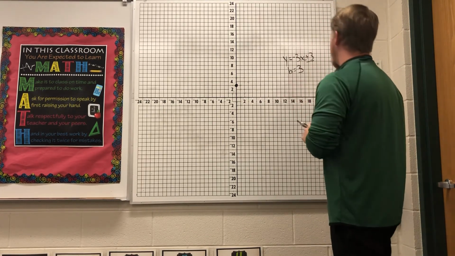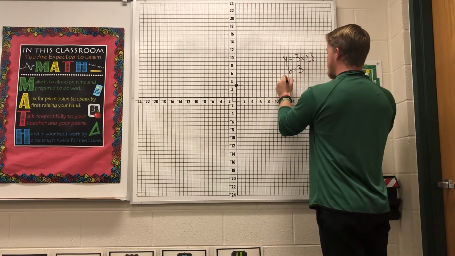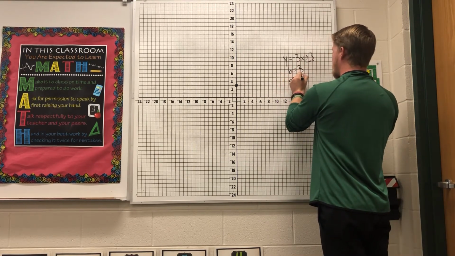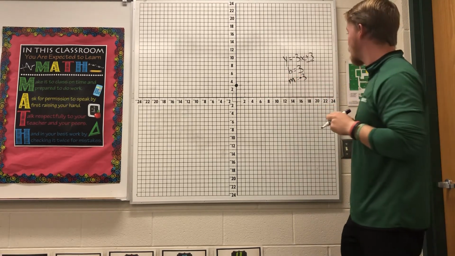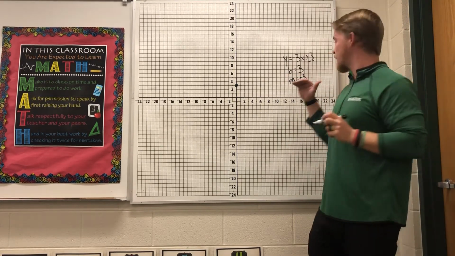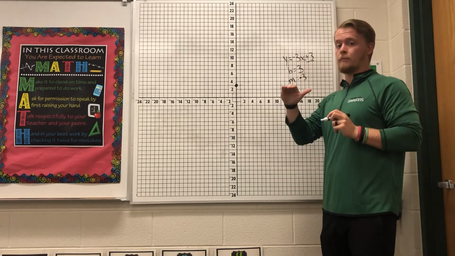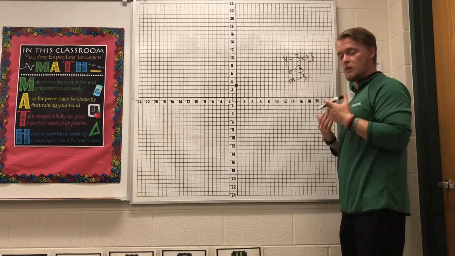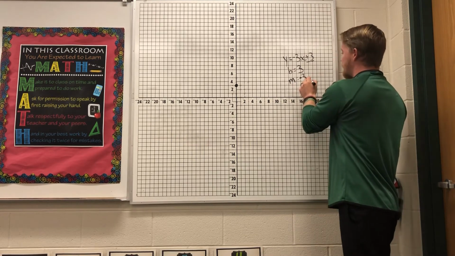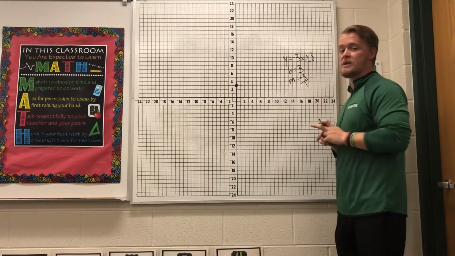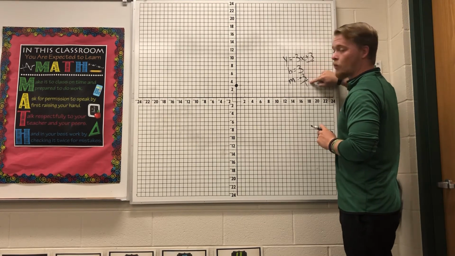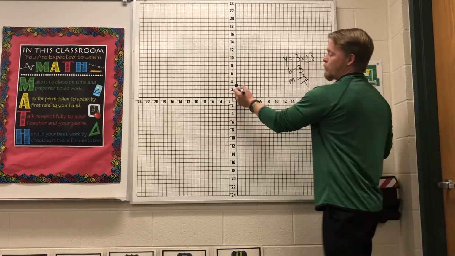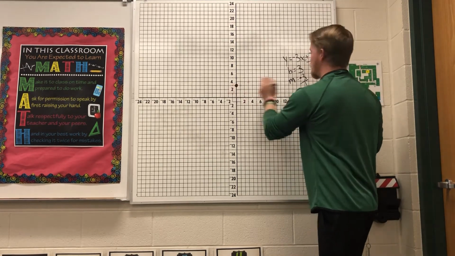From there, you have to use your slope, which in this case, m equals -3. You have to use that to make another point. And let me show you what that's going to look like. First of all, we need this slope in rise over run form. As you can see, this is a whole number. So anytime you have a whole number, you can just make that a fraction by putting a 1 underneath it. So my rise over run in this case is -3 is my rise, my run is 1. So from this point that I made, I'm going to rise